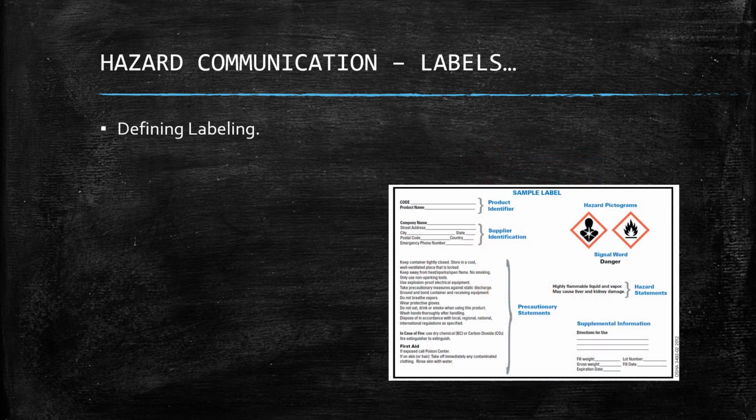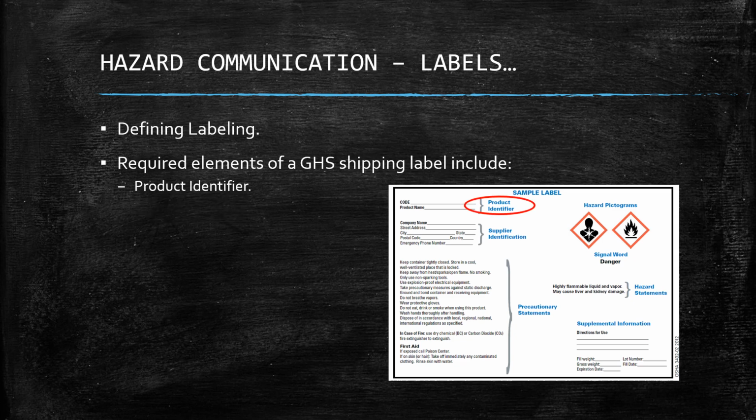The term label is defined as an appropriate group of written, printed, or graphic information elements concerning a hazardous chemical that is affixed to, printed on, or attached to the immediate container of a hazardous chemical, or to the outside packaging. Required elements of a GHS shipping label include product identifier,